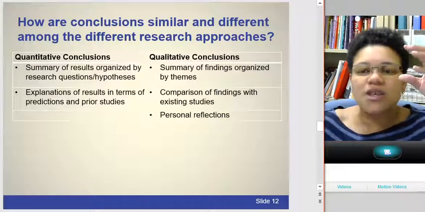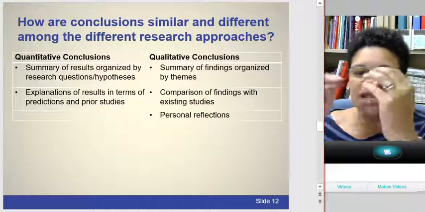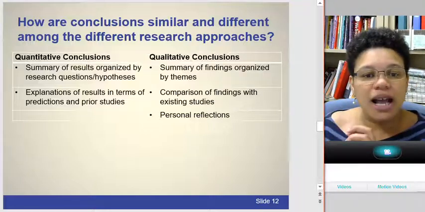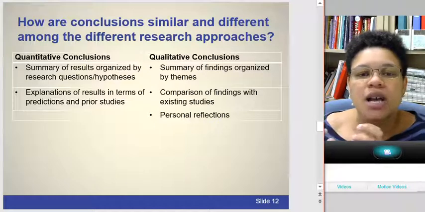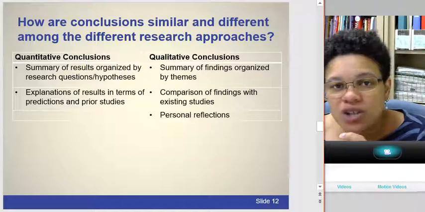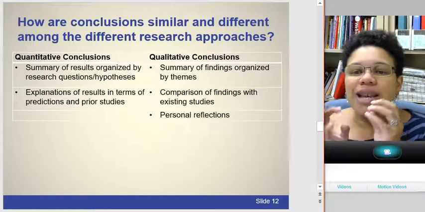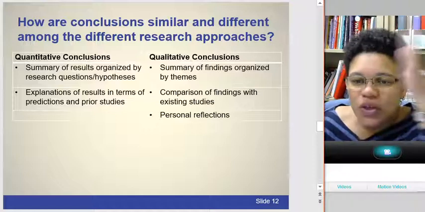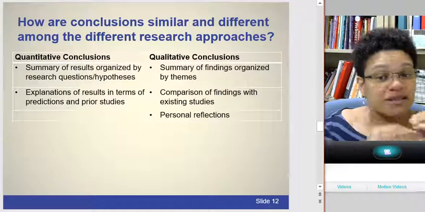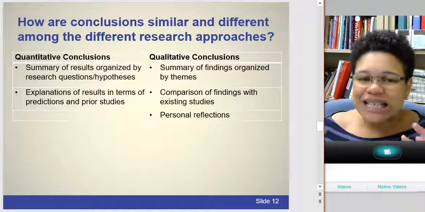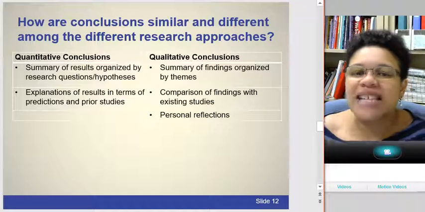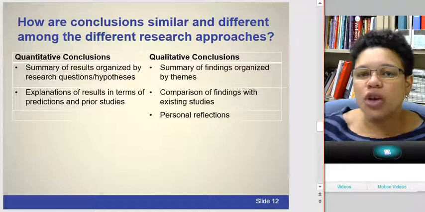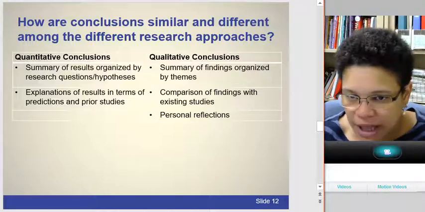For qualitative studies, there's already a perspective of subjectivity, and that you have all these different perspectives on a particular phenomenon. So you might have a comparison of the findings from a particular study to existing studies, but you're not necessarily expecting to add more knowledge that's going to lead to the truth, because there are different perspectives, right? So you might have a comparison, but it's a slightly different expectation in terms of how you expect the current paper's results to relate